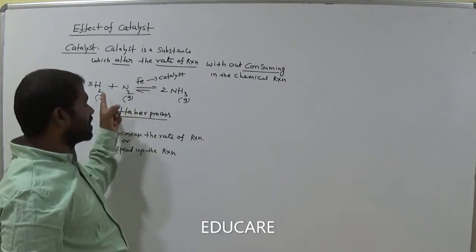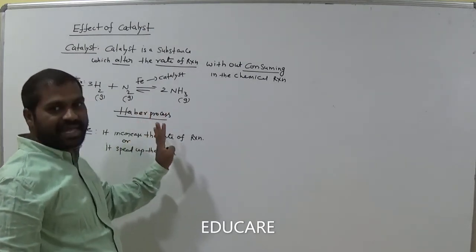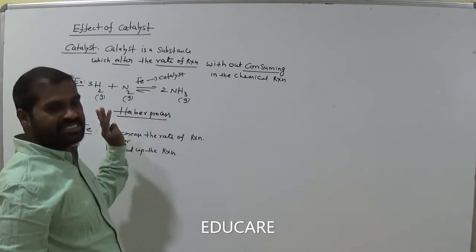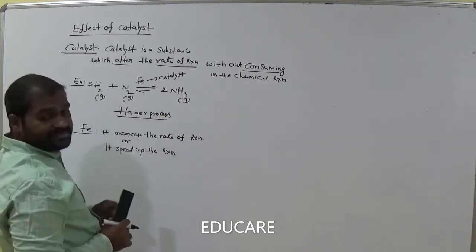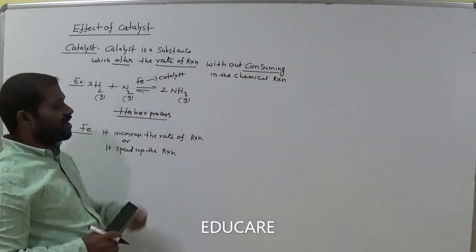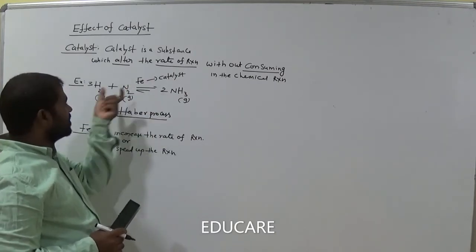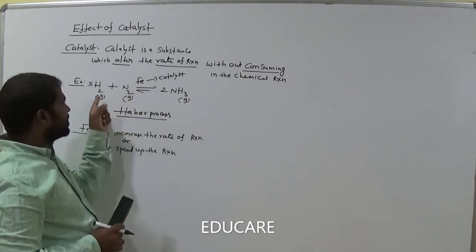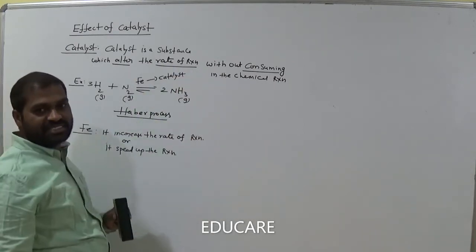reaction. A catalyst cannot react with reactants and products, but it just speeds up the rate of the reaction. It doesn't get consumed in the reaction. It doesn't involve chemically with reactants and products, it does not react chemically with them. After the reaction, again we can remove the catalyst from the reaction, okay.